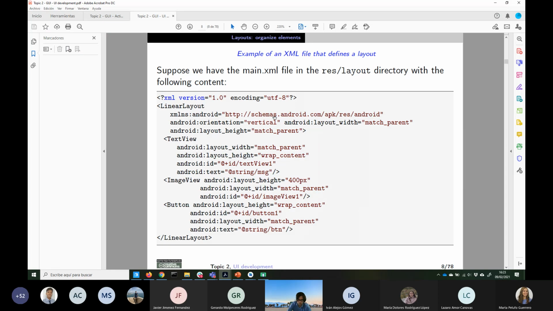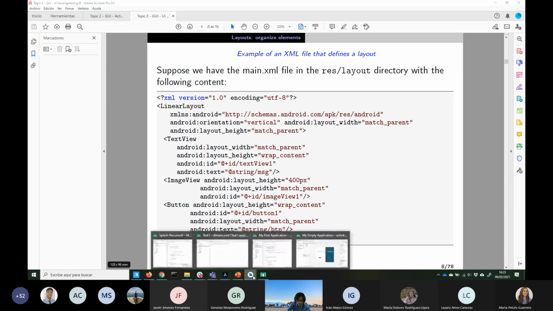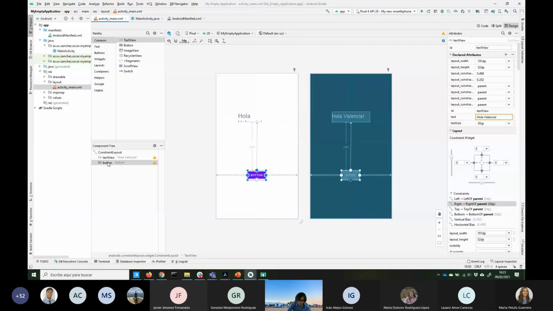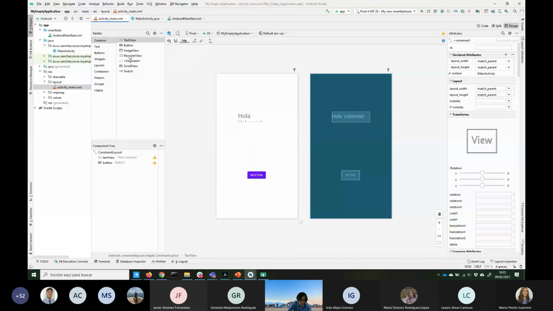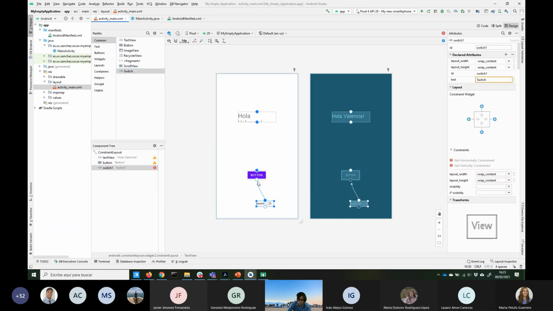So well, here you have the example of a layout using a linear layout, which is a bit outdated, with a text view, some text, an image, and a button. In our case here, we have just a text view and a button. We can add other elements. For example, if we want to add a switch button, we could put it here, for example, and then